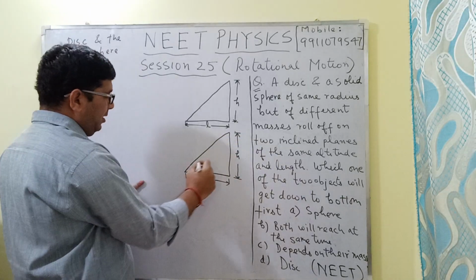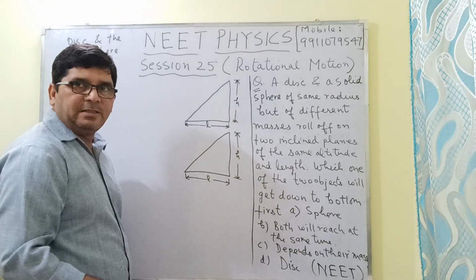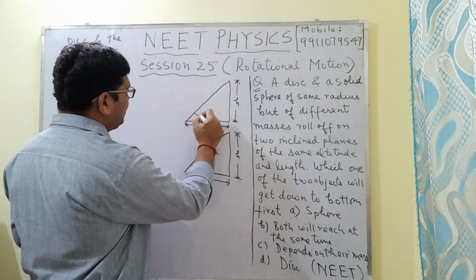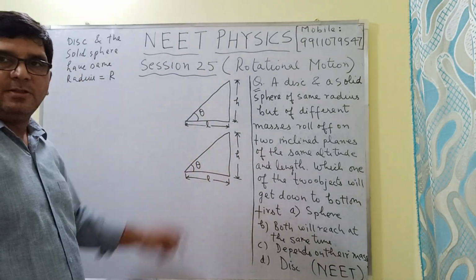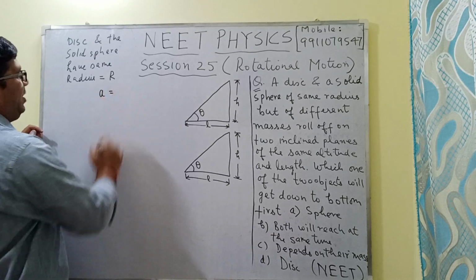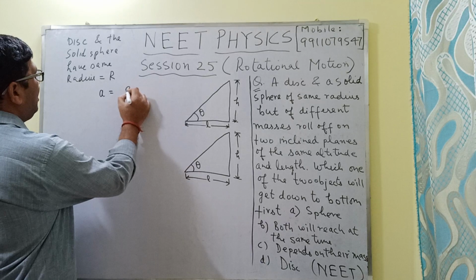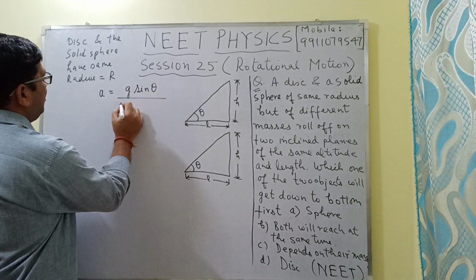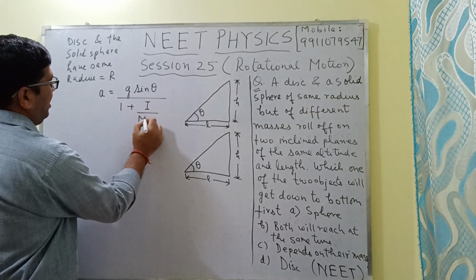Since the altitude and the length of both these inclined planes are equal, this angle theta, I'm just denoting it by theta, will also be the same. Now the acceleration of an object moving on an inclined plane is given by g sin theta divided by 1 plus I divided by m r square,